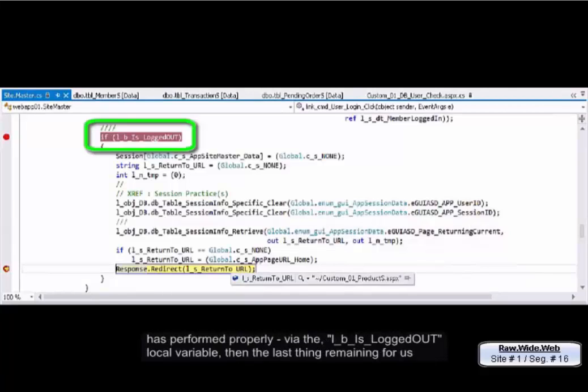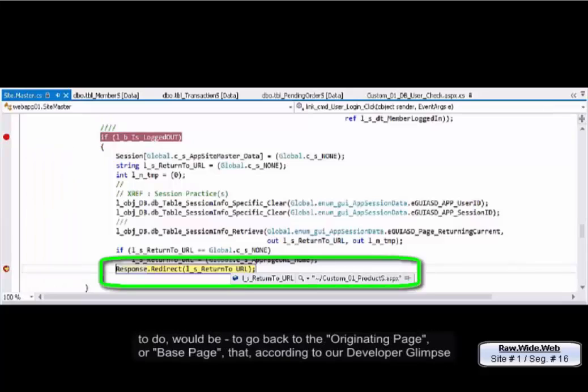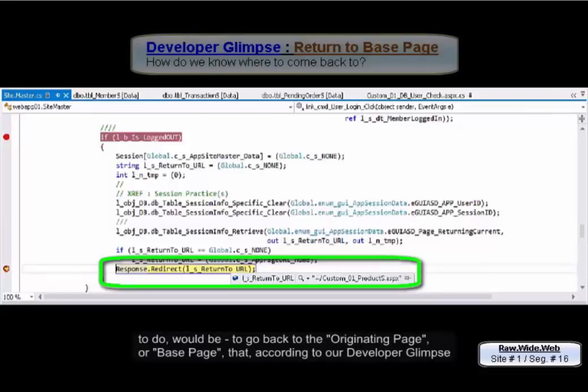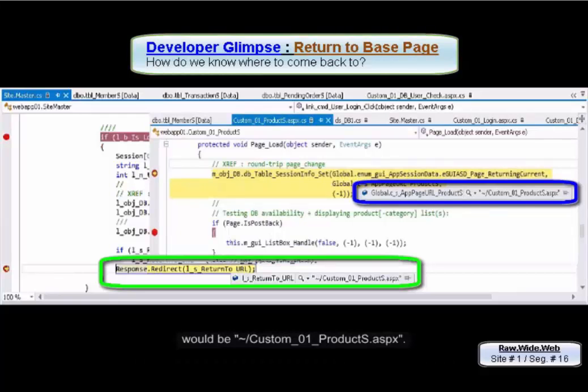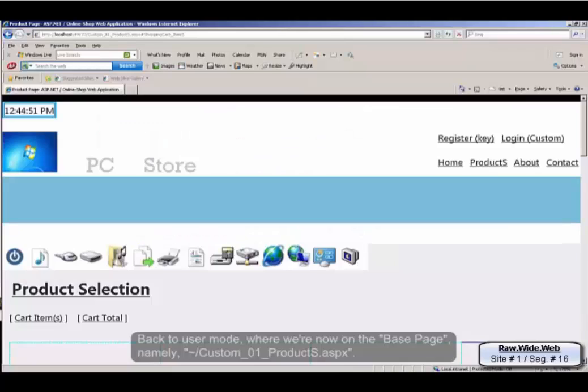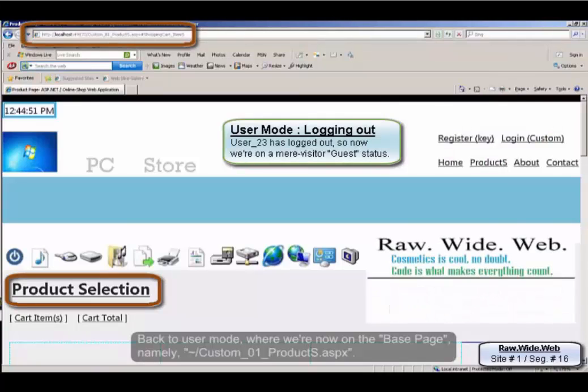Since the function has returned true to indicate to the function's caller that the logout process has performed properly via the is logged out local variable, then the last thing remaining for us to do would be to go back to the originating page, or base page, that, according to our developer glimpse, would be ~custom01 products.aspx. Back to user mode, where we're now on the base page, namely ~custom01